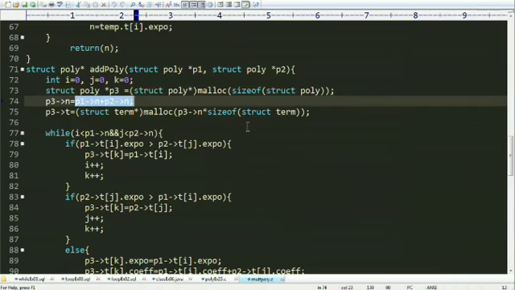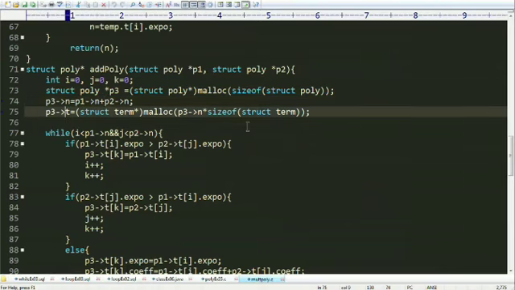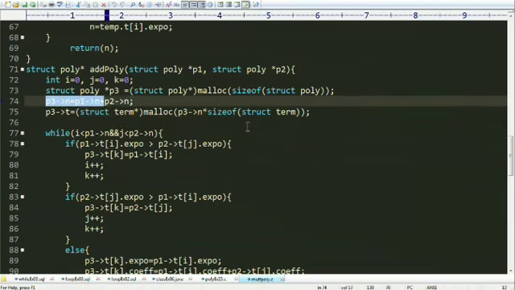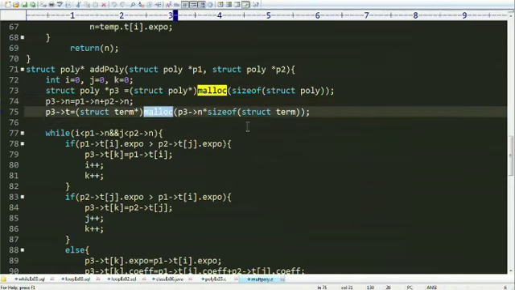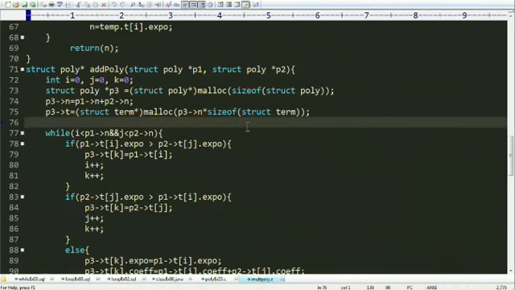Here I'm taking the number of terms as the first polynomial's number of terms plus the second polynomial's number of terms, and the terms will be created based on this addition by using the malloc function. Here I'm creating the polynomial dynamically as well as the terms present in that polynomial dynamically.